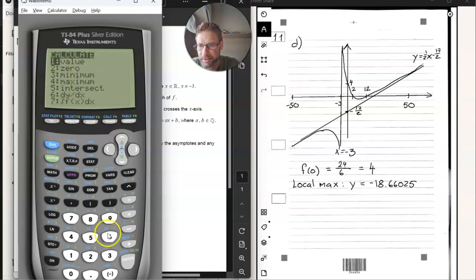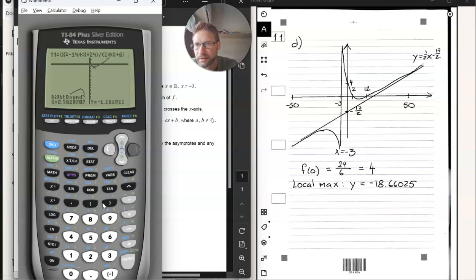So calculate. Now I press 3. And we go around here. The left side. Right side. Somewhere in the middle. And there's the minimum. Local minimum is when y is minus 1.339746. So that is all we need, because if you look at the graph, the range